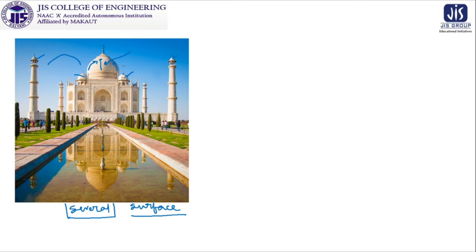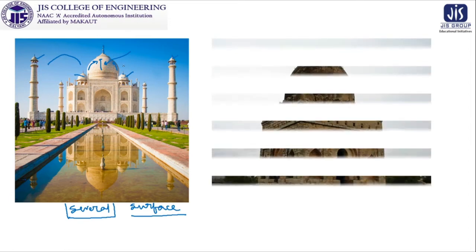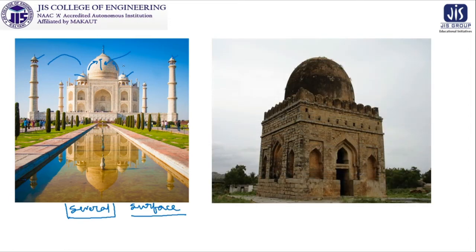Now to make it more clear, I am considering this particular structure. If you go along this direction, or this direction, or this direction, you will reach here. So this is the local maxima for this structure, as well as the global maxima, because all the maximum points we are getting, it is the top one.